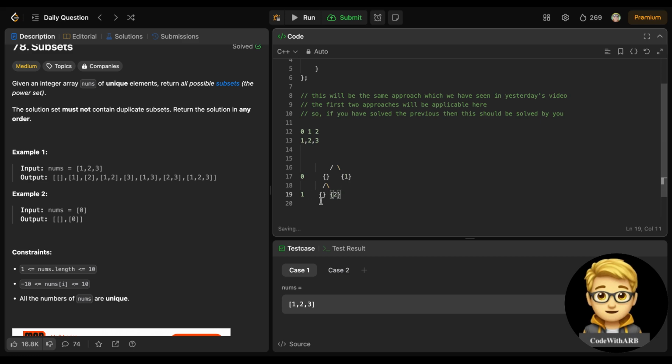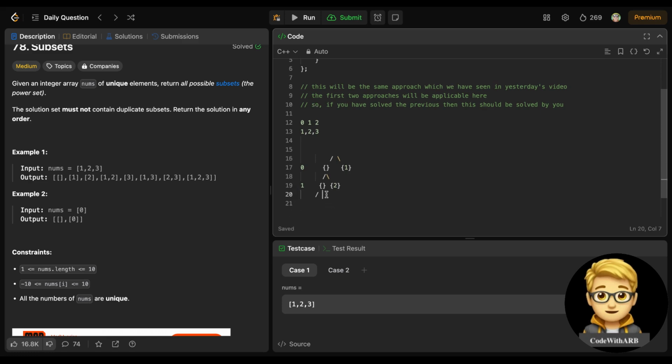Again I have two options here. What two options? This and this. This is at the second position, which is the 3. Either I can take this or don't take this. The first thing is I don't take this. The second thing is I will take this, right? Okay, now this part is confirmed. Now I will see for 2. Again I have two options here, right? The first option, either I can take this. Okay, let's give some space here, and also here.